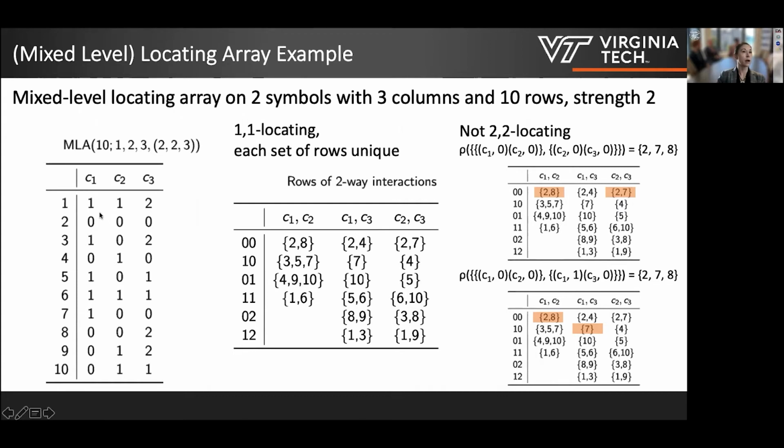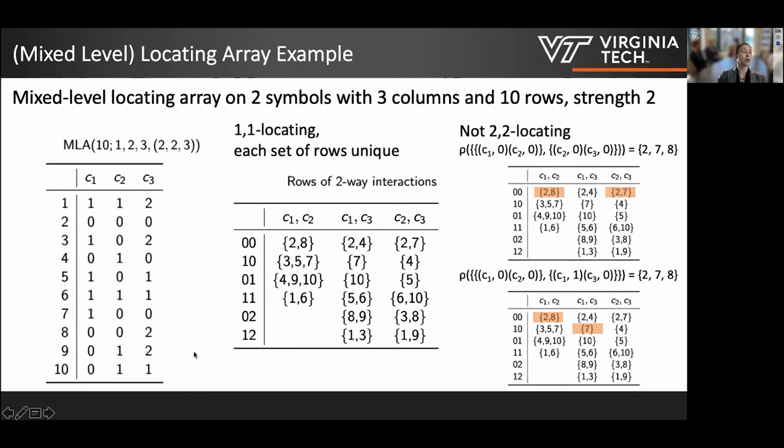Actually, I wrote that wrong. Okay, the first 2 columns have 2 symbols. So we see in the second set of parentheses, the inside parentheses, the first component has 2 symbols, the second component has 2 symbols, and the third component has 3 symbols. And this is